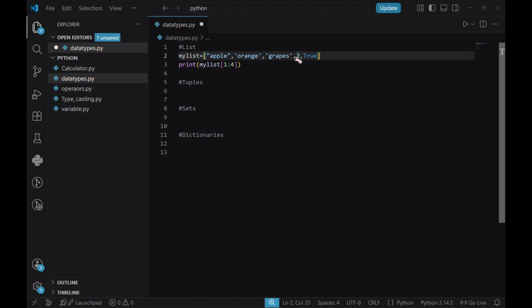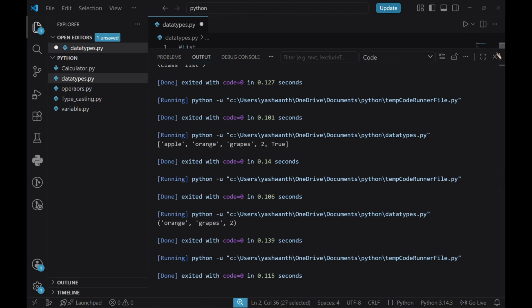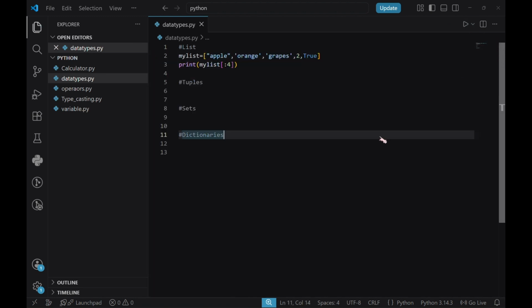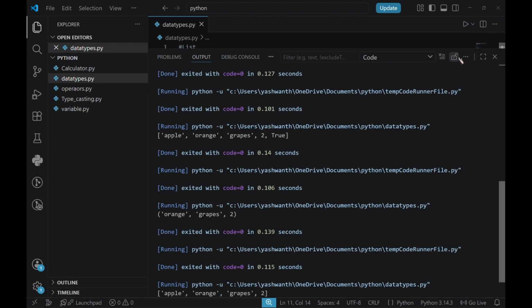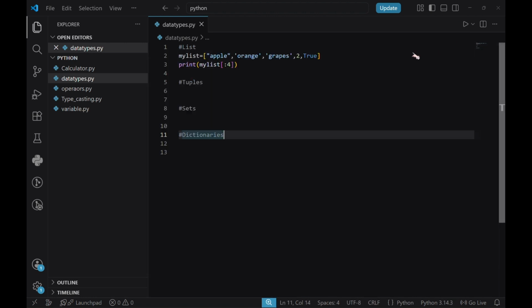Orange, grapes and 2 are printed because we have set a range for it, so it's known as range. And even if we want, we can just remove this 2, so it will print our first 3 up till 2. So first it will print a till 4 till 2. If we run this file, we can see grapes, orange, apple and 2, because the fourth indexing is 2, so it won't